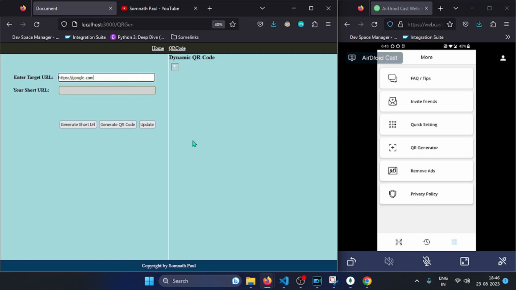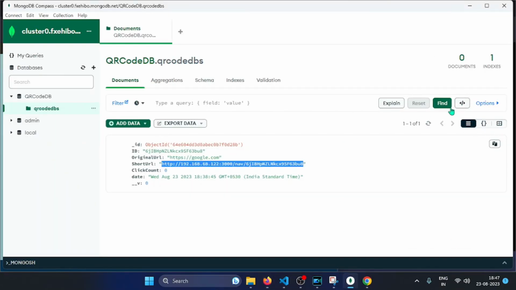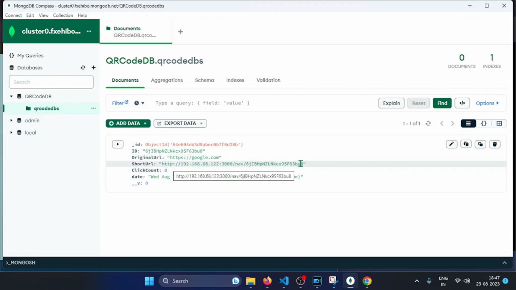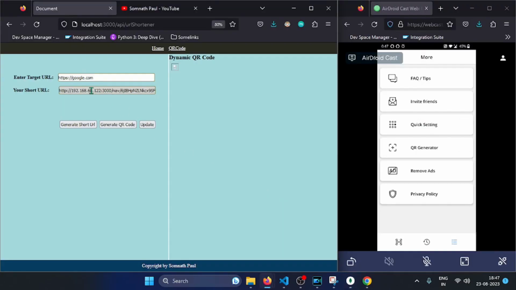For the dynamic one, I'll not generate the QR code directly with this original URL, but I'll first generate a short URL out of it, kind of a placeholder. I'm using MongoDB behind the scenes, so let's also check out what's happening there. If I refresh, yeah, this is the shortened URL it just created, as you can see, against this target or original URL. Now I'll create a QR code of this